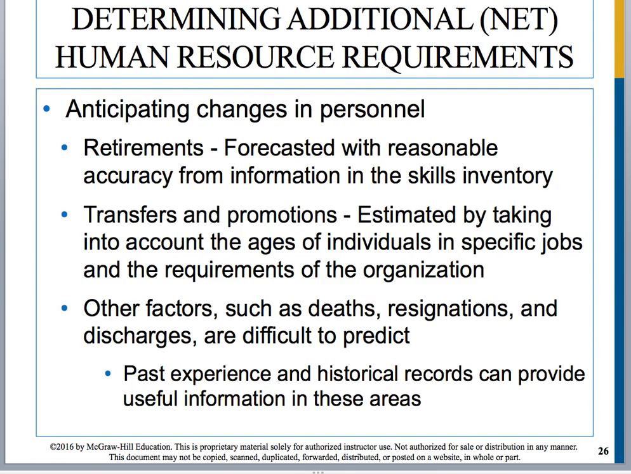So there are some anticipated changes in personnel. Of course, you have people that are going to retire, people that will be transferred and promoted, and then of course there are other factors such as people passing away, resigning, being fired, and then, of course, things that you just find difficult to predict. And so with retirements, those are forecasted with reasonable accuracy from information that is provided in the skills inventory. Transfers and promotions are estimated by taking into account the ages of your employees in specific jobs and the requirements of the organization. So if you have employees that are already 60,